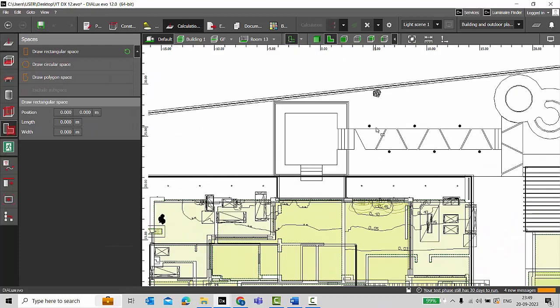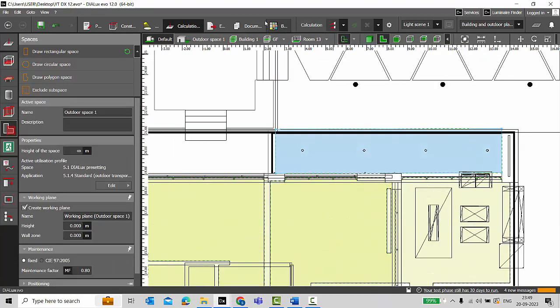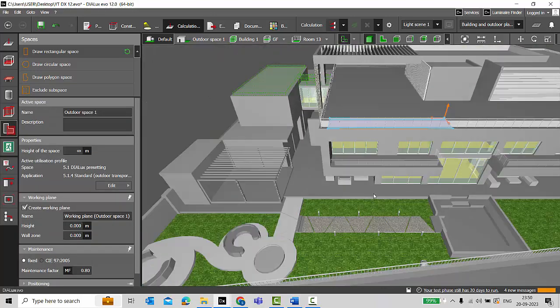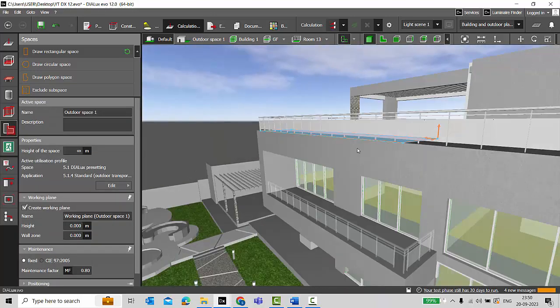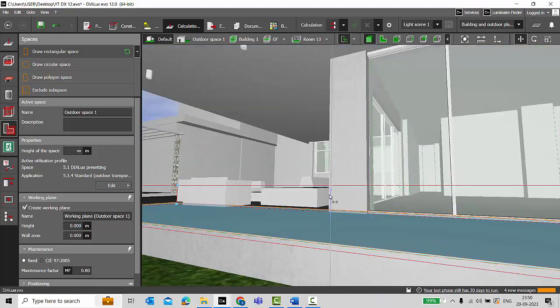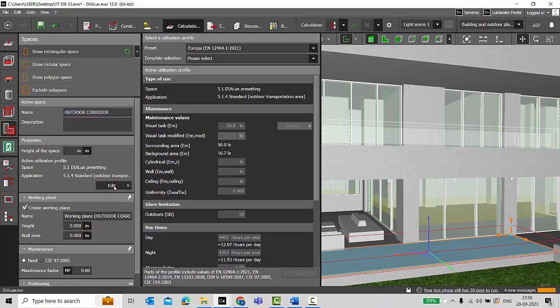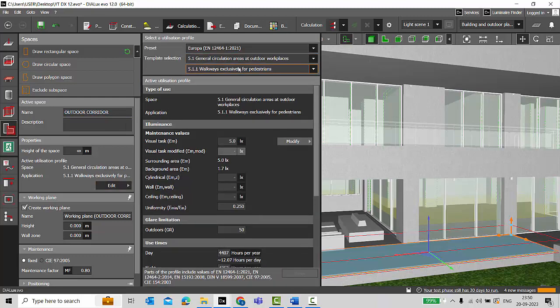Draw calculation space. I'm going to draw it for the corridor or the outside. Here, let me check if the positioning is proper. No, the positioning is not proper. It is at the top, so I will bring it down. I'll make sure it is at my floor level to where I have to measure. Here. Perfect. I'll name it as outdoor corridor for now, and here I will write it as circulation area, and